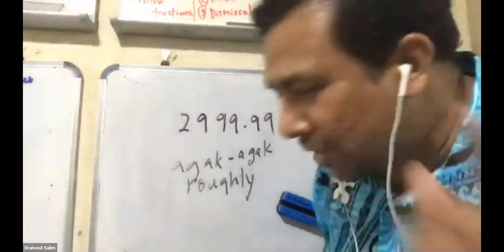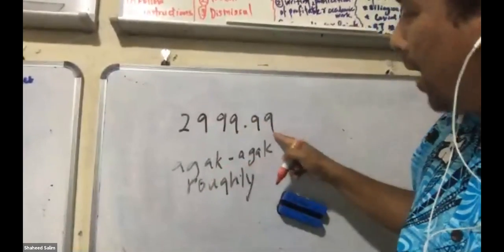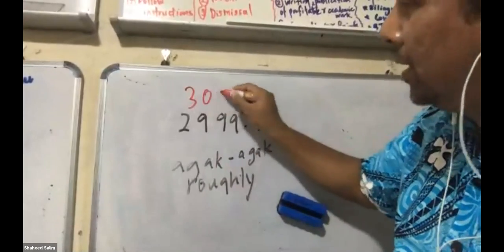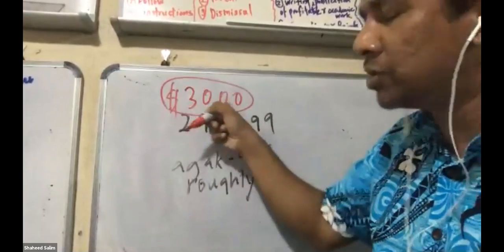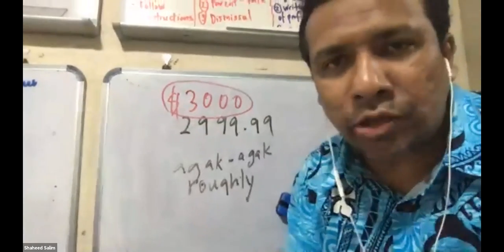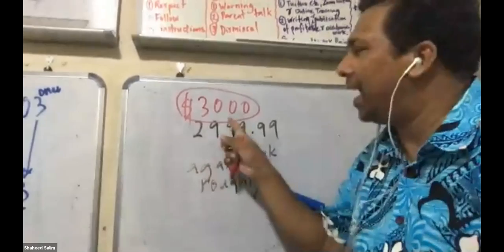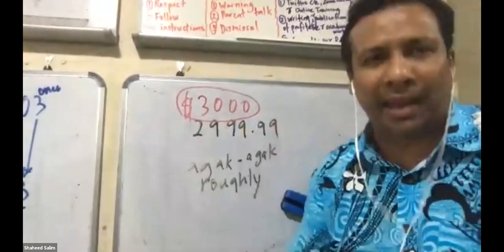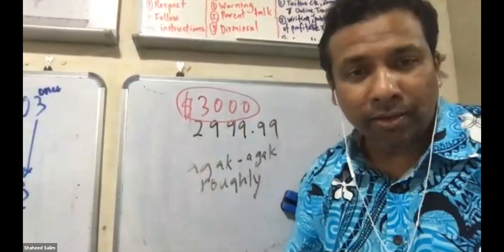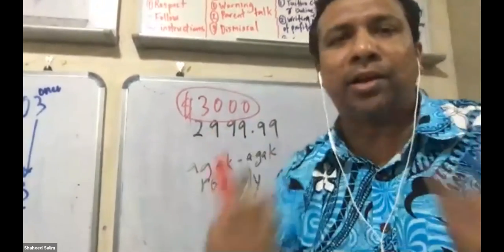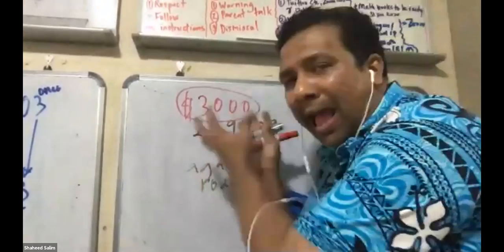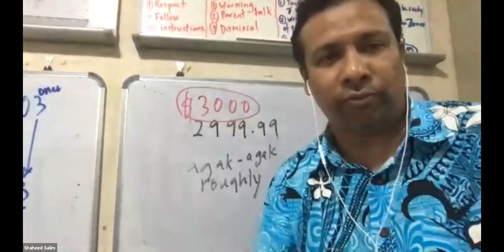1,000. How many thousand? 10. 20. 10,000. Not 10,000. You add one more cent, it becomes $3,000. Roughly is $3,000. So when they ask you to round off, they are asking you to tell me agak-agak berapa. You know, sometimes when your parents ask for tuition, agak-agak berapa school fees. So this is the meaning of agak-agak, it is actually rounding off.